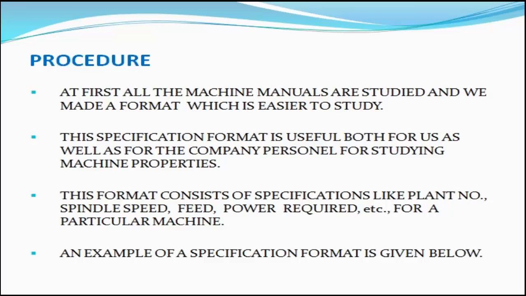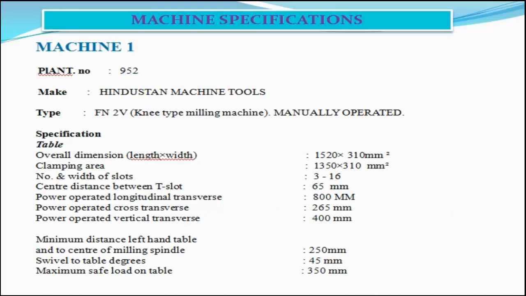This format consists of specifications like plant number, spindle speed, power required, etc. for a particular machine. An example of this specification format is just given. This chart or format which is shown on the screen is the machine specification format. It consists of the machine number, the make and type, and the specification table, which consists of the overall dimension, clamping area,